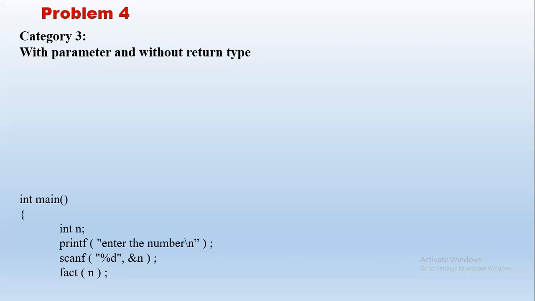So here we have the function call. This is the important step. I repeat every time, function call is very important. Without a function call, the function will not execute. So here we have the function call, and we have passed a parameter n. The compiler starts from main always. As soon as it encounters the function call, it will go to the definition of this function fact. So void fact of int n. This is the function prototype or function declaration statement, the first line in the function definition.